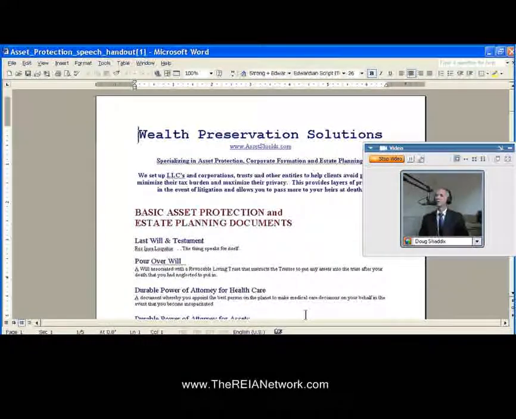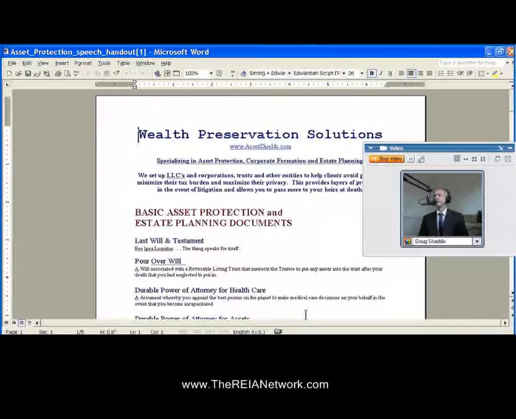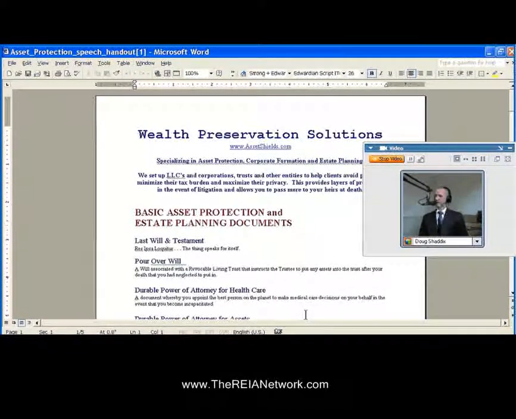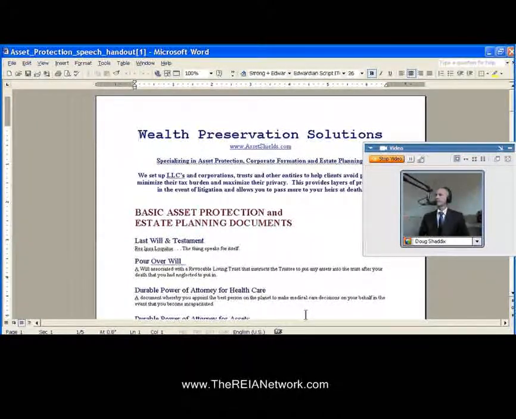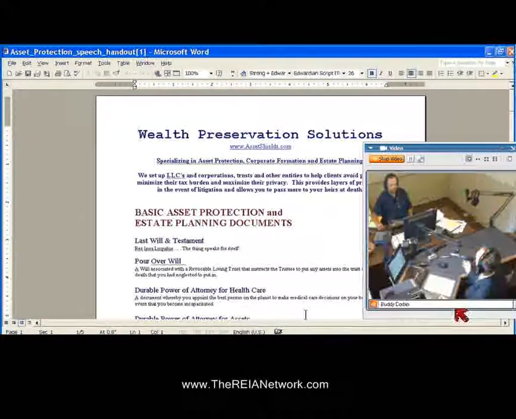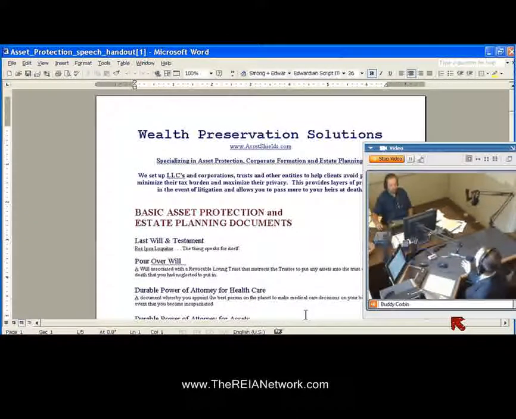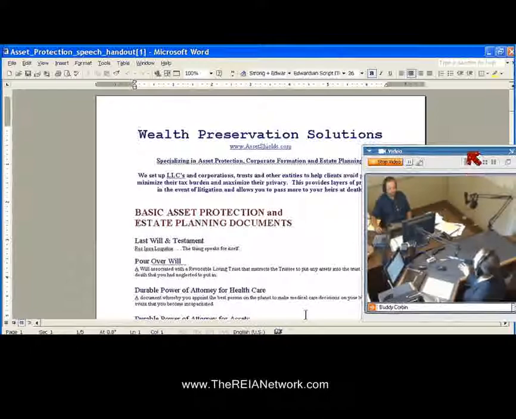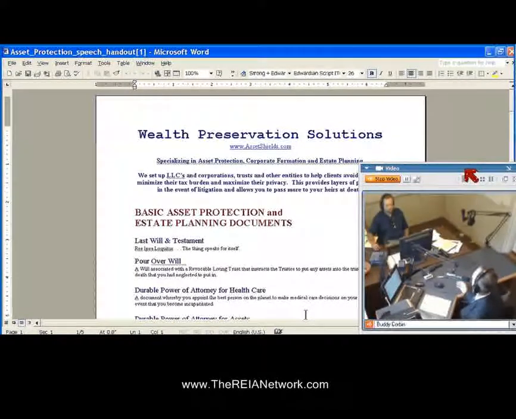So it seemed to me quite reasonable that if somebody fell down the deck of one of my properties, they'd think, well, this guy's got deep pockets. Just because you own a rental property, they think you've got some money and they want to go after you. I wanted them to be able to go after that property and an LLC or a trust that owned it, and not me personally, not all of my insurance or my house or my car or my stuff.